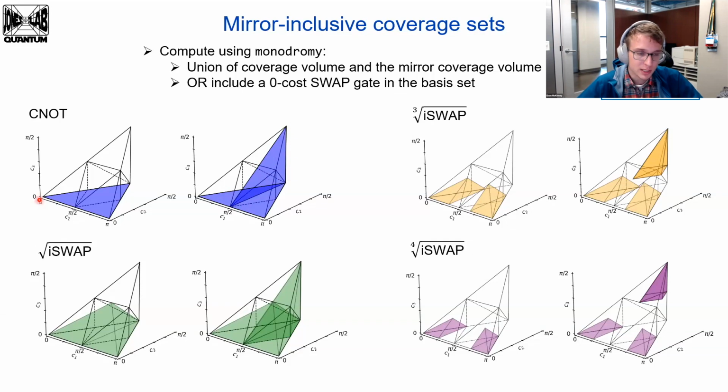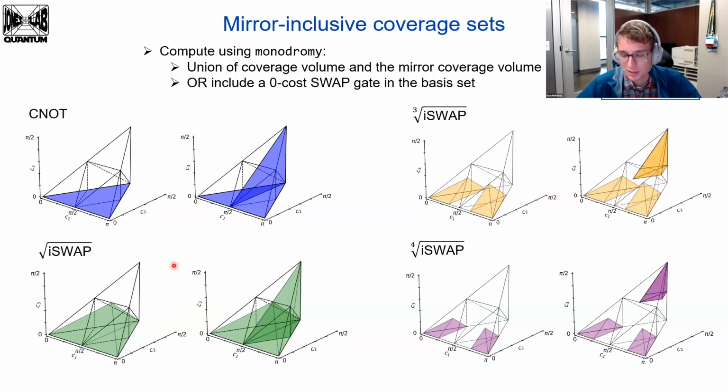So we know that identity mirrors to swap, and this is intuitive because if we have nothing and we just add a swap gate, all we're left with is just the swap. So you might think that we have some gate and it will translate itself here. But I also see that this bottom plane is vertically flipping. So I have this horizontal plane and I have a vertical plane. And so it's an interesting change of our coverage sets that we wanted to understand. For these other gates,